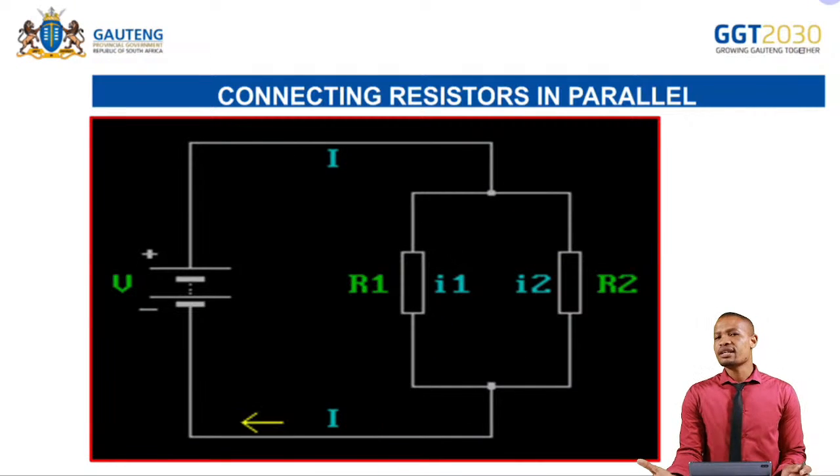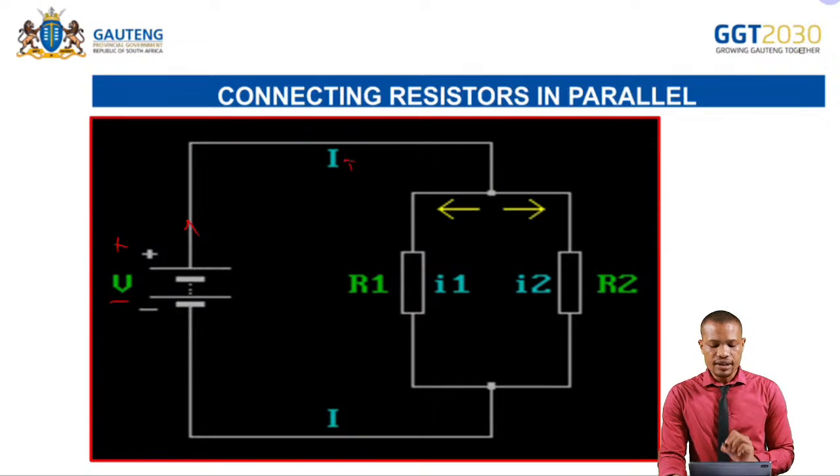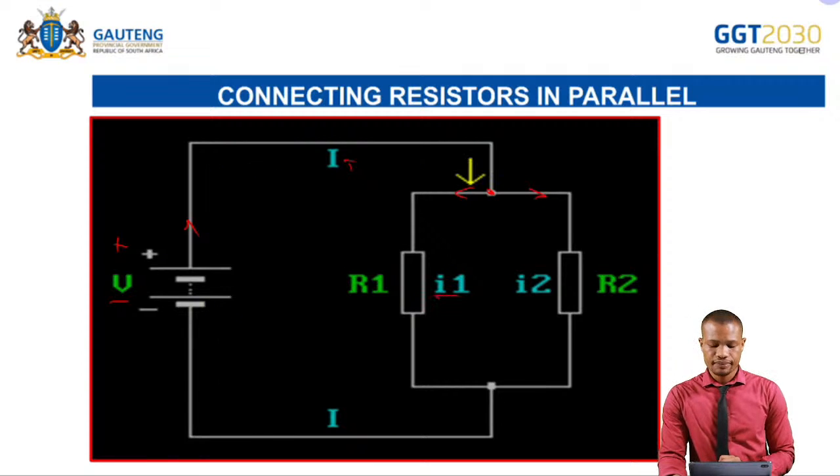So this is another illustration showing how current splits. You have your voltage, and remember, current is always flowing from the positive terminal of the battery. So the battery provides voltage, and from the positive terminal we have our current flowing in that direction. This arrow represents current. This is your total current, I, and then it gets to this point where it splits. Part of it goes in that direction, part of it goes in that direction. The part that goes here is called I1, and then the part that goes in the other direction is I2,